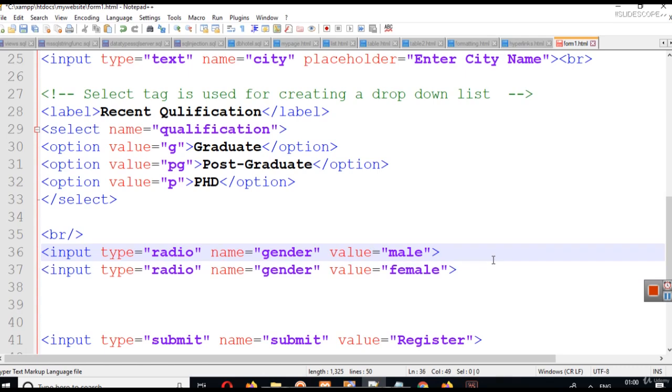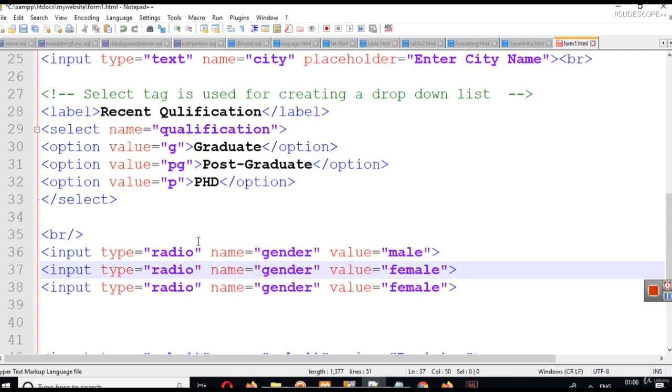Now in case of input type equal to radio, we have two radios. If we have to provide n number of values, we have to create n number of radio button tags. So let's say we have three genders here: male, female, other. In this case the person will have three options to select from, and the value is the deciding factor here. But if you execute it,